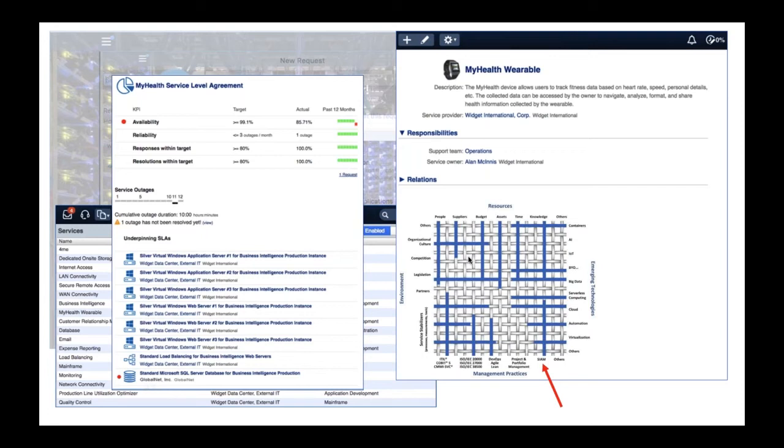So on the left hand side, you see an example where that My Health service is underpinned by a whole number of different services that we get from internal and external suppliers, and the red dot shows me that actually our external supplier GlobalNet is causing the issue right now. But it nicely reflects how the management mesh shows that SIAM is important. And then if you look at how the service is actually implemented in real life, you see that coming back by that long list of underpinning SLAs, proving that indeed the SIAM part is taken care of also.